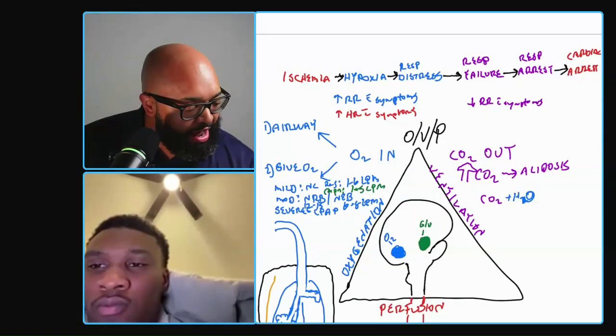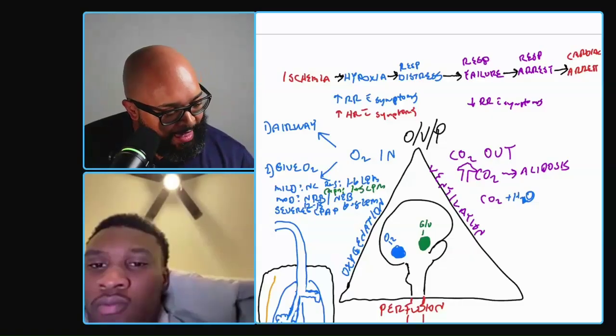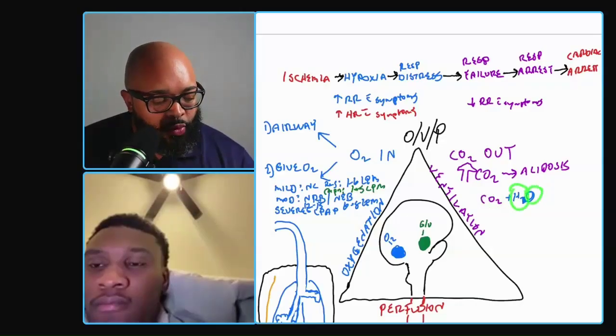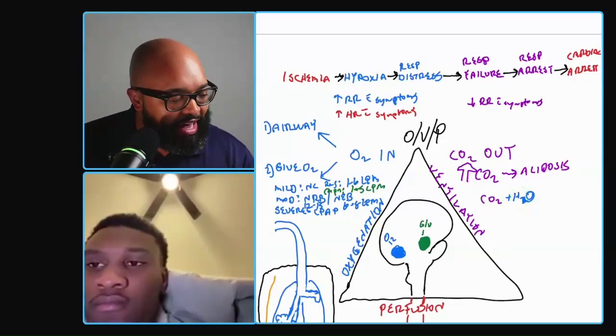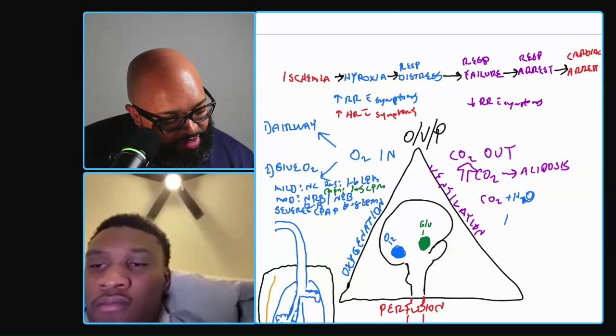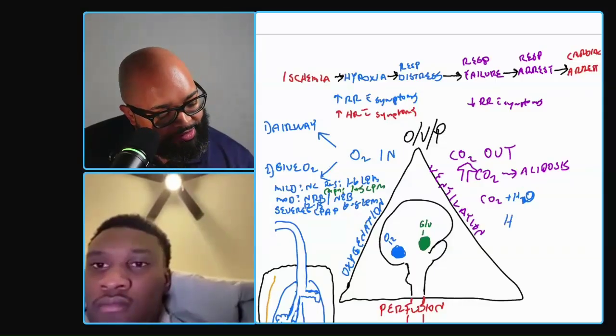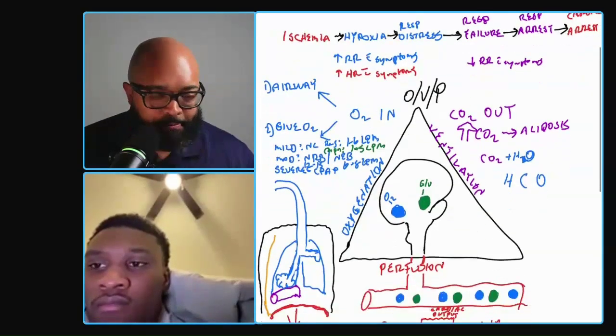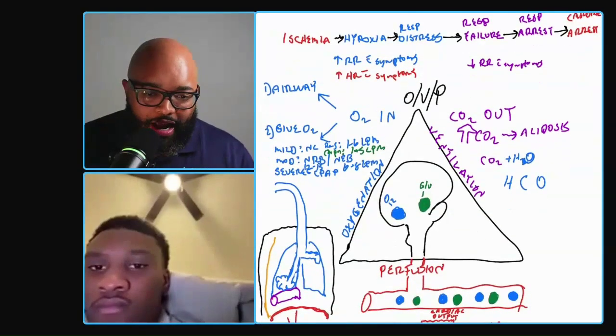Now, notice what I have here. I have 1 carbon and 2 oxygens, and then I have 2 hydrogens and 1 oxygen. Let's add it all up together and see what it leads to. So now I have some hydrogens, some carbon, and some oxygen. Okay? So I have hydrogen, carbon, and oxygen.